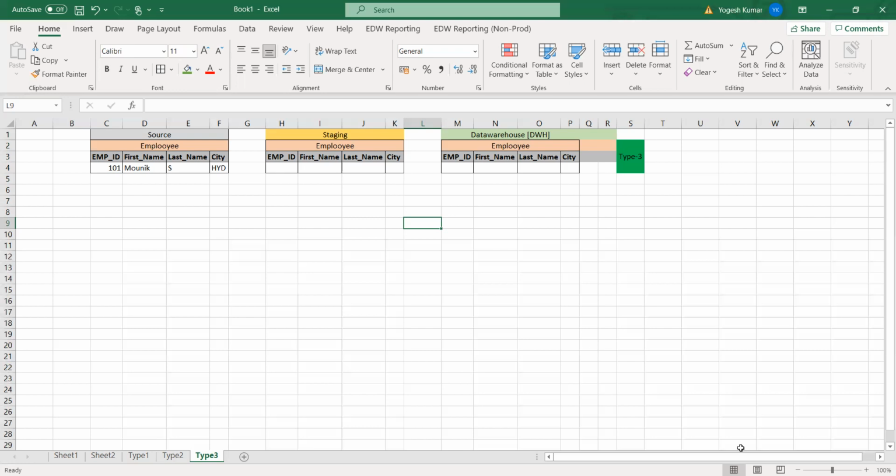So in case of type 1, what happened? Arpita, what happened in case of type 1? Only the latest record is put in the data warehouse and the history is not maintained. Yes, nice. Monique, in case of type 2, what happened? We keep all the records of the history by updating.